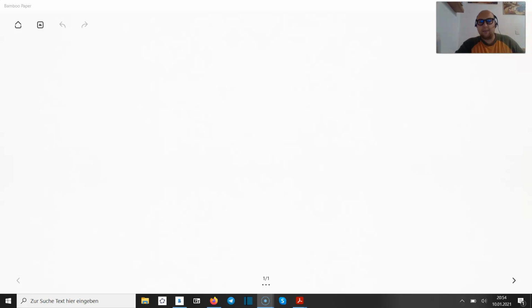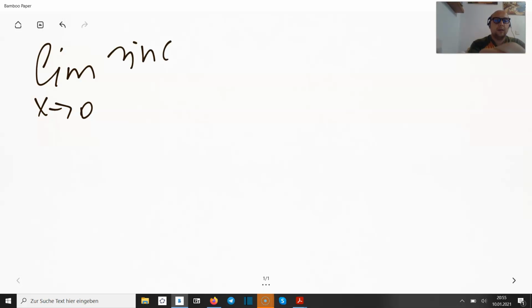Hello friends, I still like proving limits, and today we're going to do a geometrical proof of a pretty nice limit, which is sine of x divided over x as x is approaching 0. So we're looking for the limit as x goes towards 0 of sine of x divided over x, and it's supposed to be 1. Why is that the case? Well,